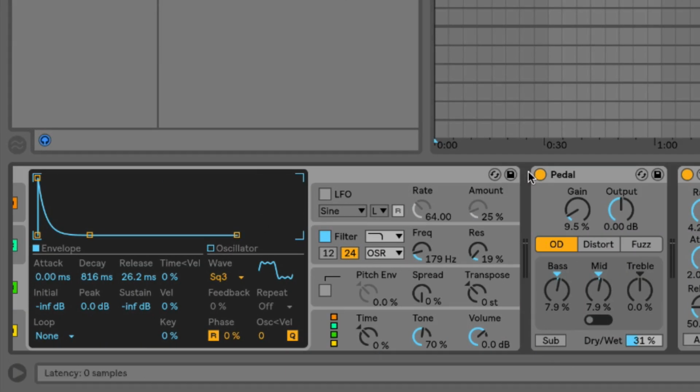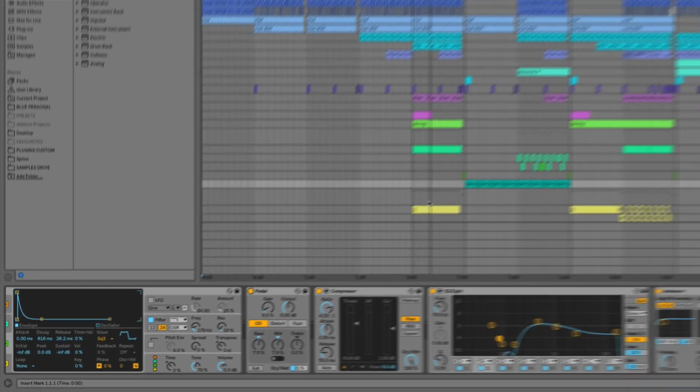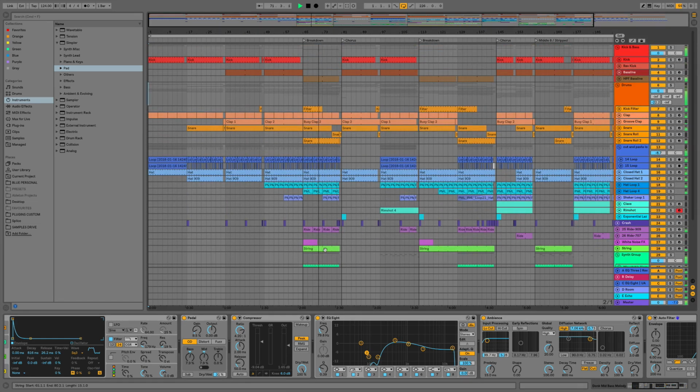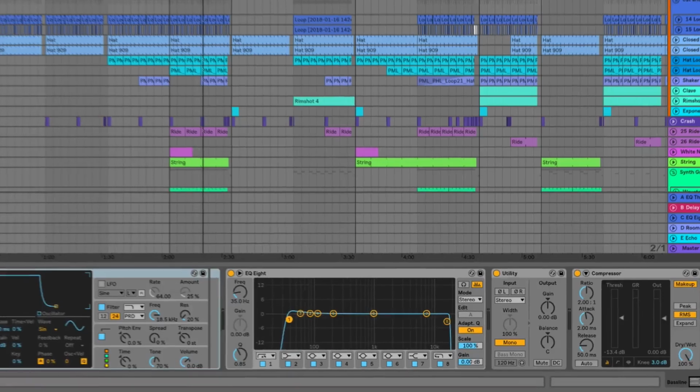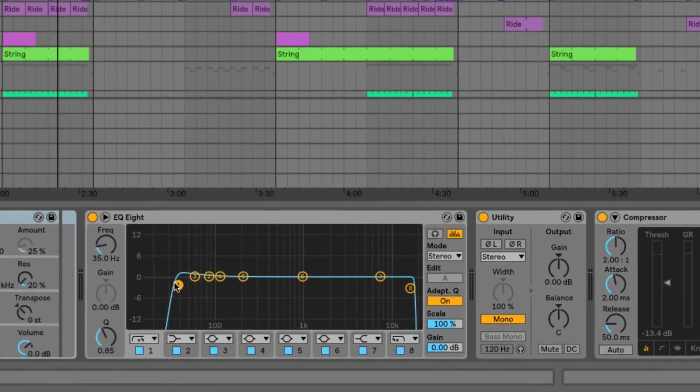Next we have the Pedal audio device, and we can think of this as being a bit similar to Overdrive, but this is emulating different guitar pedals, and we've got 3 different modes, and for each one of these different modes we can dive in and change that up even more to change the sonic characteristics of that particular pedal. So we can use this to get a nice bit of fuzz, or we could just use it for a gentle bit of overdrive, or we can absolutely obliterate a signal. We'll also have a look at a few other changes to other devices in Live, such as EQ8 and the